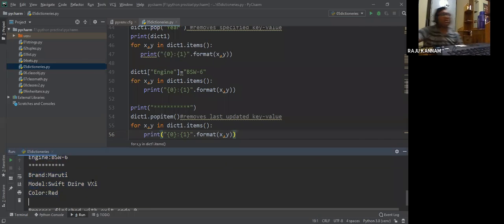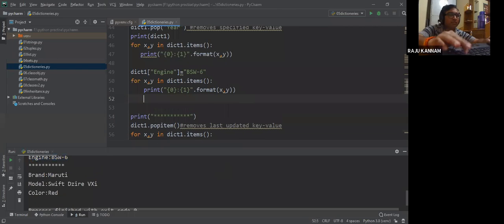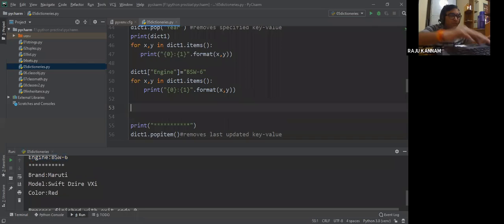So popitem will not take any parameter. It will remove the last updated, meaning whether you have added or you have changed. Now what I will do here is dict1 model equal to Honda.